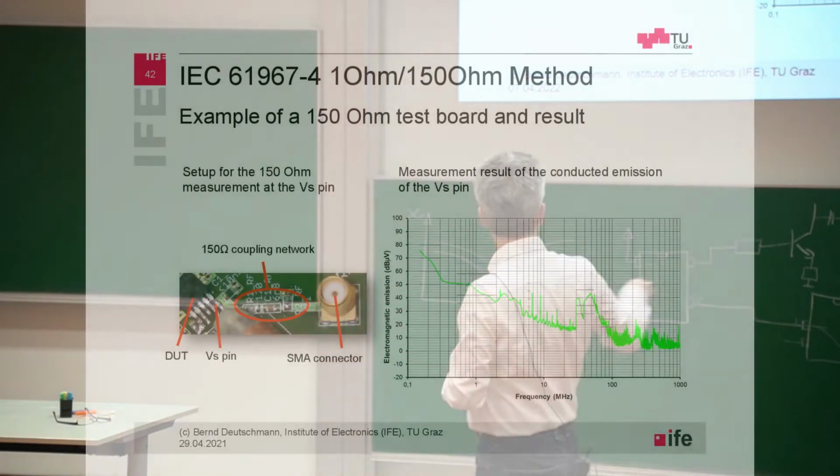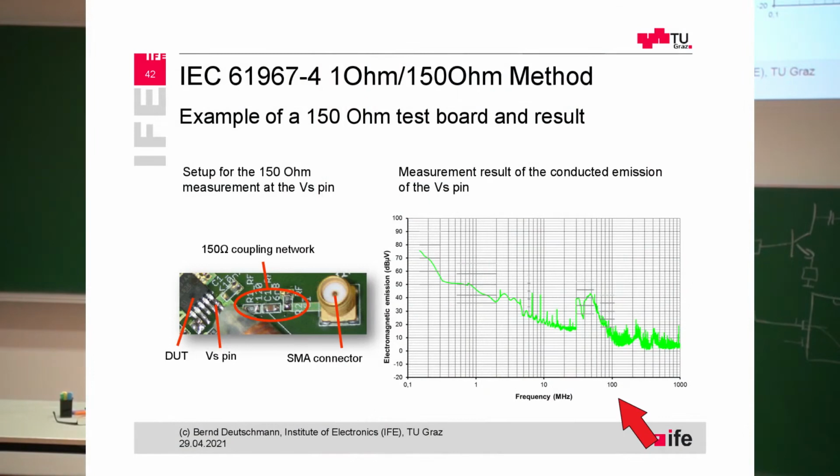FM range is then somewhere here around 100 megahertz. But actually, the whole definition of the frequency range starts here, 30 megahertz, and goes up to 1 gigahertz. So in this whole frequency range, 30 megahertz to 1 gigahertz, we are using 120 kilohertz resolution bandwidth, or 100 kilohertz if you are using a spectrum analyzer. And then here in this frequency range,